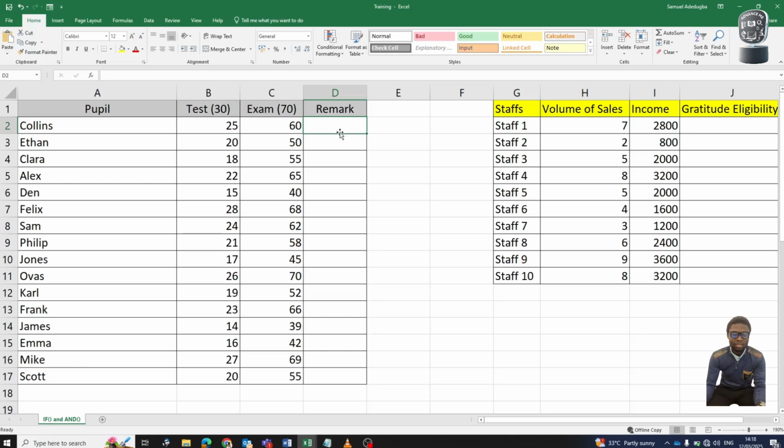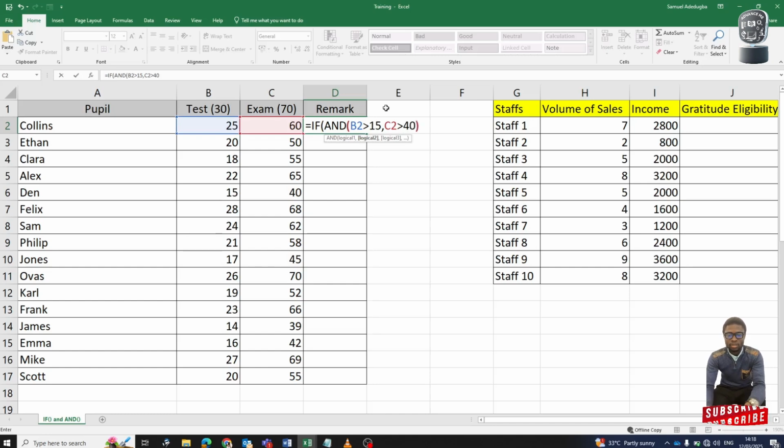Okay, so this is what you do. Equals to IF, double click, and include the AND function. Then you pick this, greater than for the test. Let's say 15 is the cutoff, comma, and click on this. For this over 70, let's say 40 is the cutoff, and close brackets. Then we input our statement,